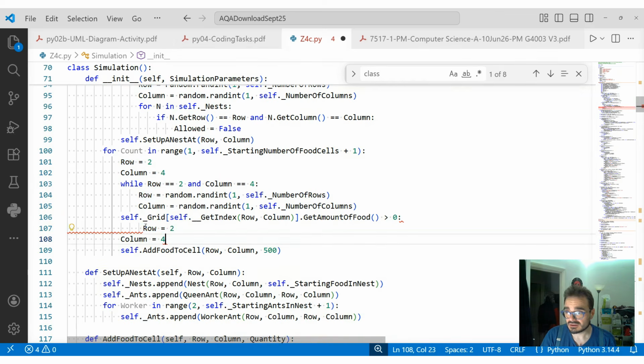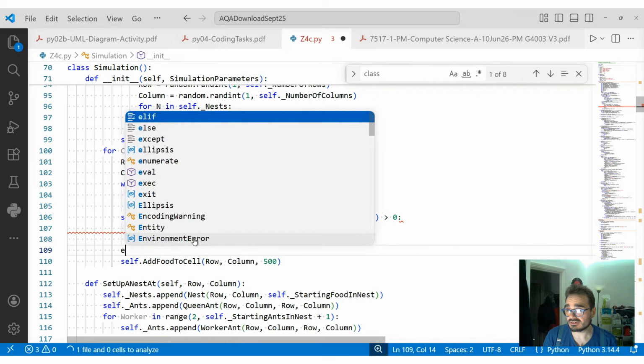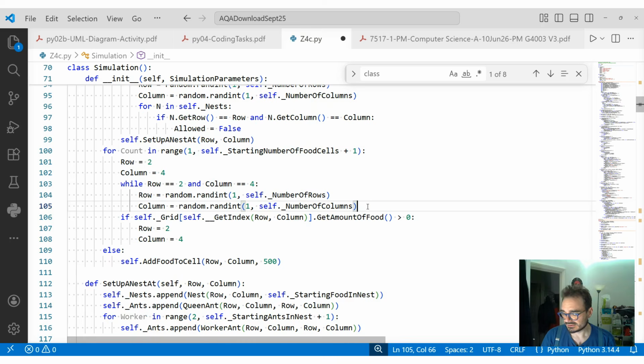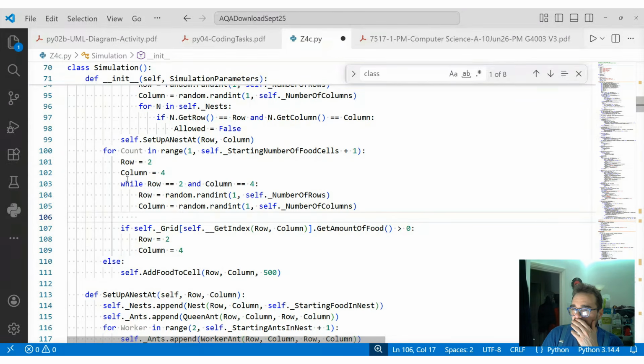I think I messed up the indent here, and else. Yeah, there should be an if, right? You would have noticed the problem. So after I've drawn something that's not a 2 and a 4, I check whether there's some food in it, and if there is, I set it back to a 2 or 4, so it's going to go in there, and that else needs to be